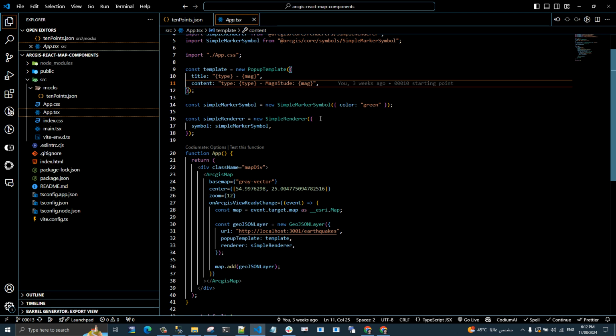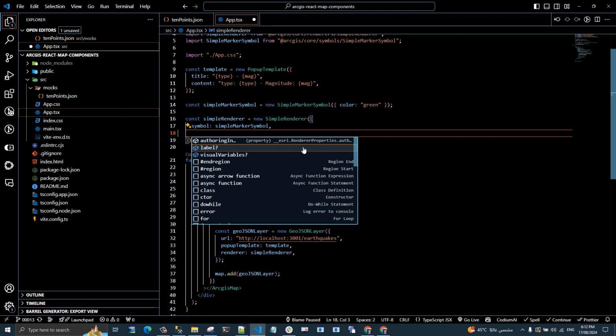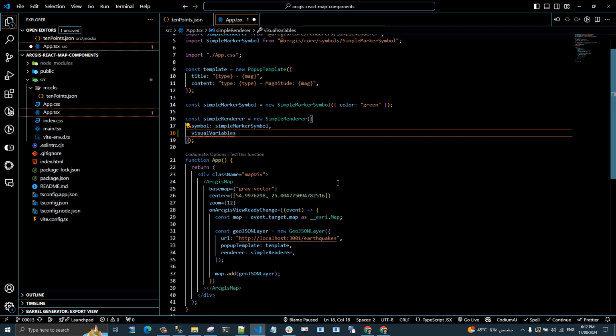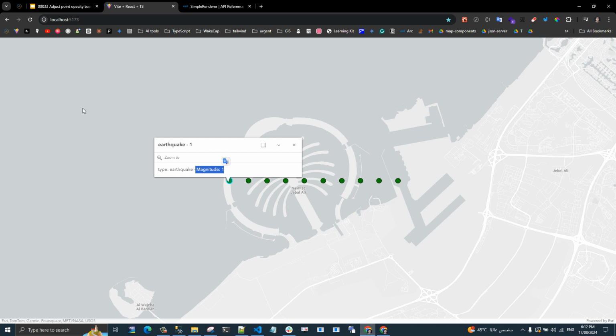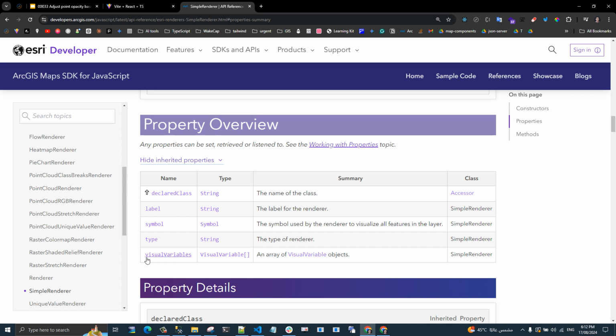So to upgrade or configure this renderer, there is a property called visual variables, and this property accepts an array of visual variables. You can check that in the documentation. If we open the documentation of simple renderer and check the properties, you will find here visual variables, and this property accepts an array of visual variables. Let's open this in a new tab,